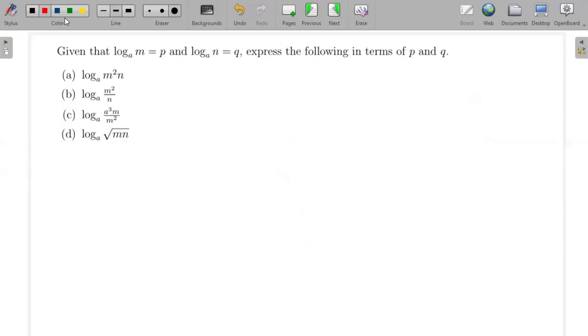Again, we're applying those same laws. They're telling us that, given that log a of m is equal to p and log a of n is equal to q, express the following in terms of p and q. So the first one is log base a of m squared n. Here m squared and n are just multiplied. So this is going to be log, I maintain the base, of m squared. Since it's multiplication, it's going to be plus, and then log base a of